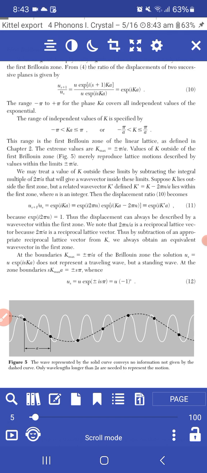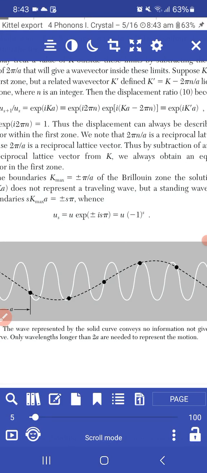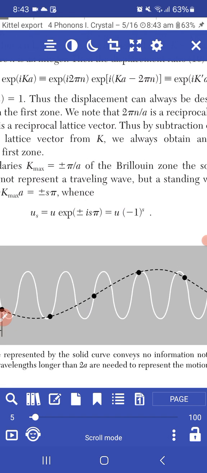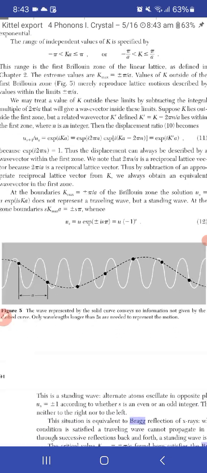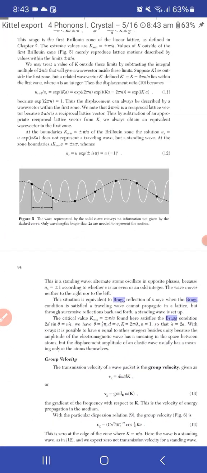u_s = u exp(iska) does not represent a traveling wave but a standing wave at the zone boundaries, that is, s K max a = sπ. Whence u_s = u exp(isπ) = u(±1). So u_s is equal to ± u, e to the power sπ. Okay, so